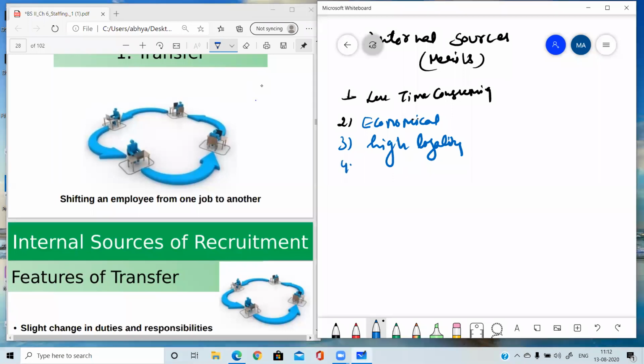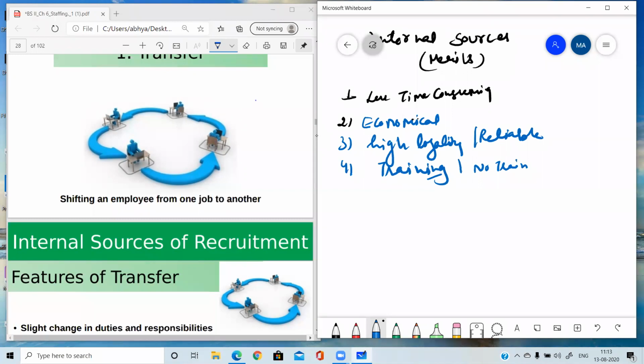What about the training? Is there any need of giving training to the employees like orientation and all? Yes. Loyalty means reliable, Divya. So you need not write the reliable point again. So loyalty or reliable employees, both are the same. Training. Is there any need of training? No training. As the employees are very much familiar with the organization and the organization is familiar with the employees. So there is no need of training. No wastage of money and time on the training of the employees. And what else?